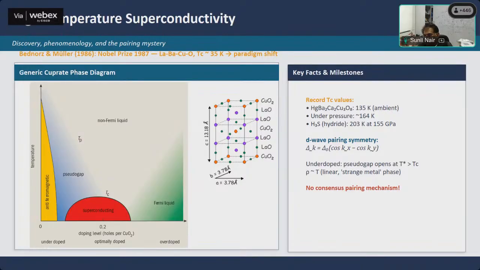So, and the magnetic order, the superconducting transition temperatures can vary from a few millikelvin to maybe a few tens of Kelvin. I don't think there is anything which exceeds 20 Kelvin or so. Now, in the late 1980s, Bednorz and Müller discovered superconductivity in a lanthanum barium copper oxide system. The first discovered superconductivity was with an effective TC of 35 Kelvin, but it is still a high temperature superconductor. And within a year or two, people took these transitions to much higher temperatures.